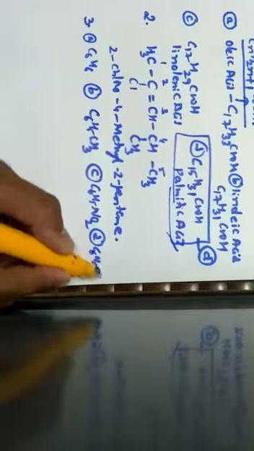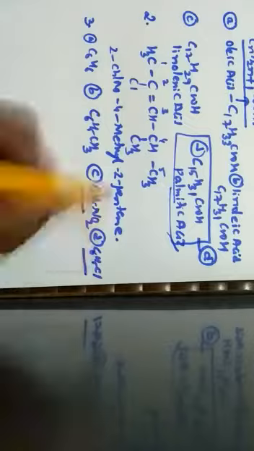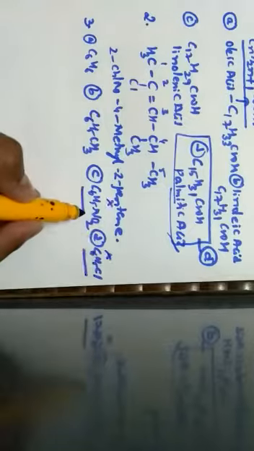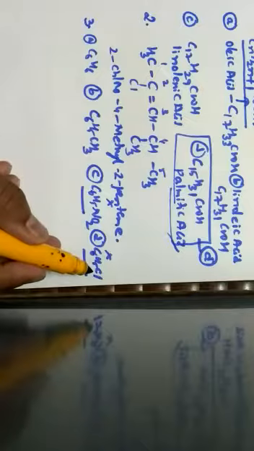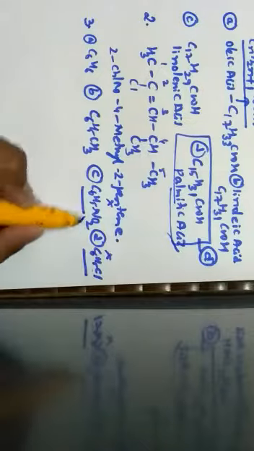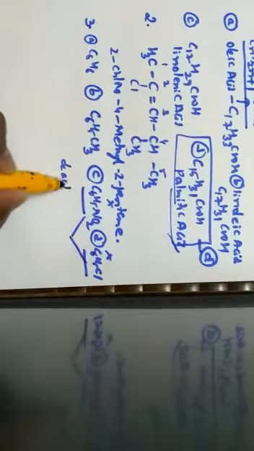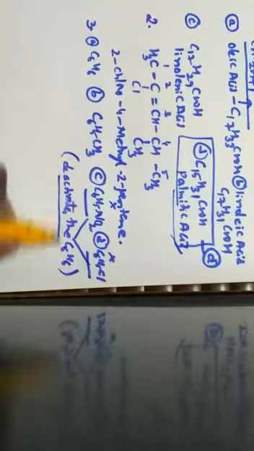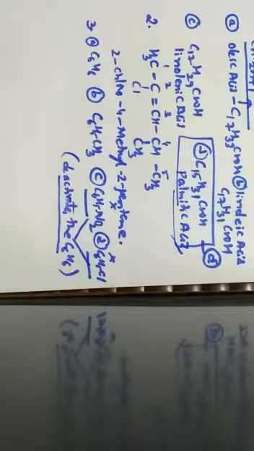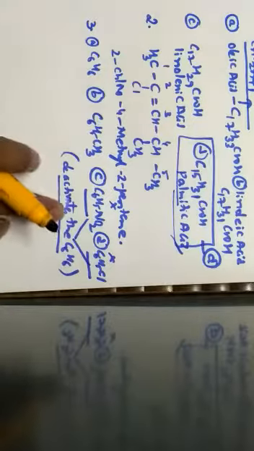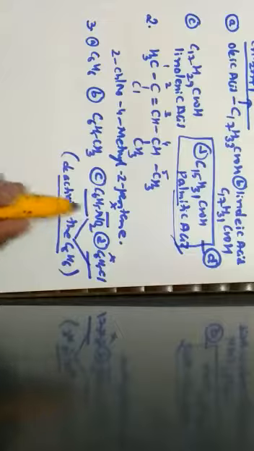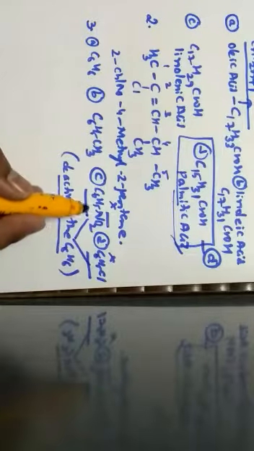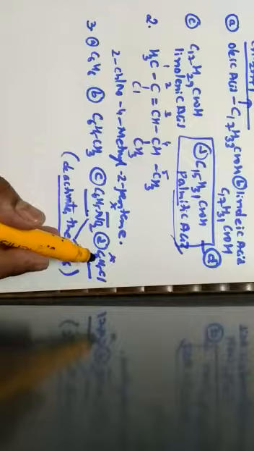Chlorobenzene, that is C6H5Cl. Nitrobenzene and chlorobenzene cannot be the answer, because the nitro group is an electron withdrawing group and chloro is also withdrawing because it is electronegative in its nature. The nitro group and chloro group deactivate the benzene ring. So here it is a deactivating group. This deactivating group deactivates the benzene ring. Deactivating the benzene ring means it has the capacity to pull away the electrons, that is the nitro group. Since both deactivate the benzene ring, nitrobenzene as well as chlorobenzene cannot be the answer.